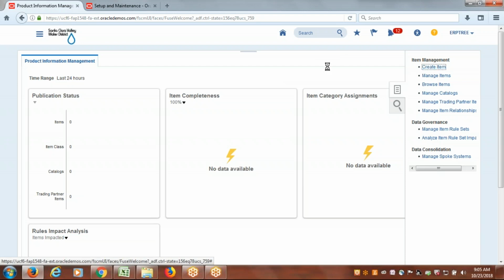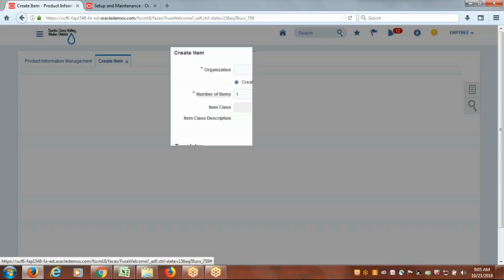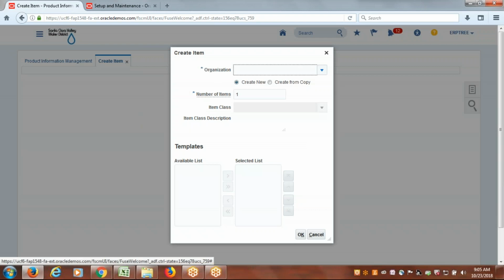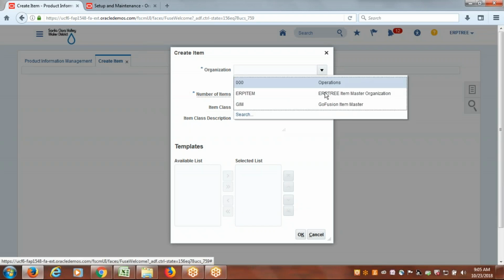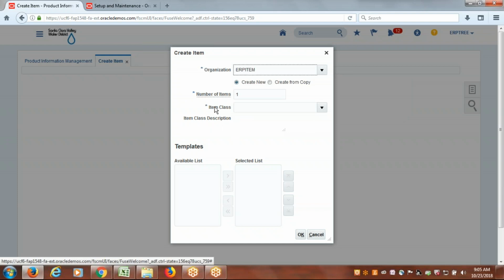Just click on create item, select your item master, and here we have one field called